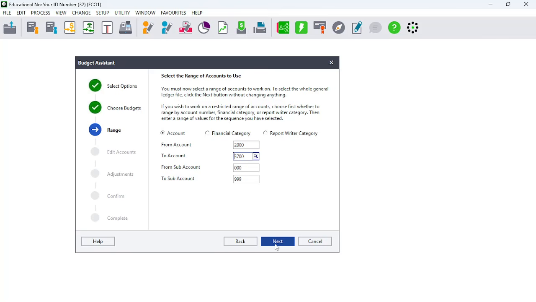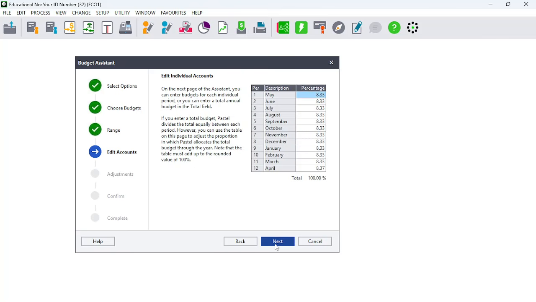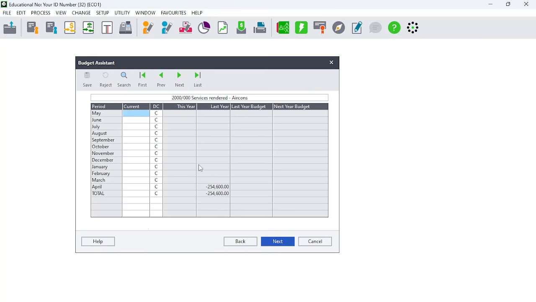Are we okay with this here so far? We're going to choose next. Ignore these percentages here because we don't really use this percentage. And you're going to click on next. And now you'll find the first account that you selected appears. Now you capture the amount as stated on the question paper,